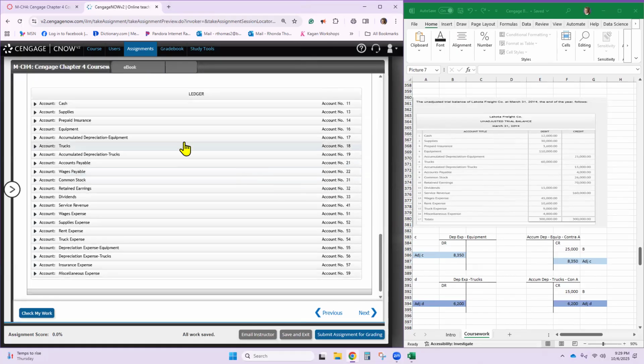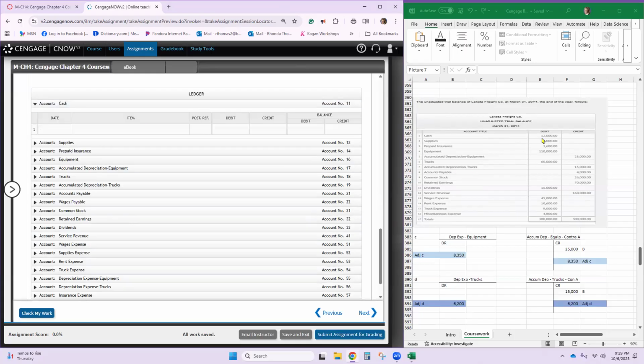So let's start with cash. Notice we have 16 accounts, and we have more than that because we're going to use a few extras when we do adjustments. But let's go to cash and put the balance that we see here. This is going to be March 31st for all these balances.